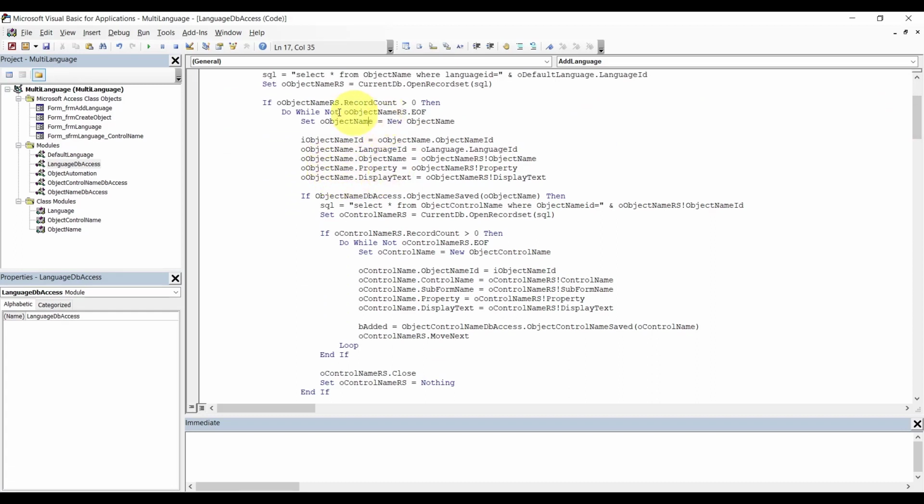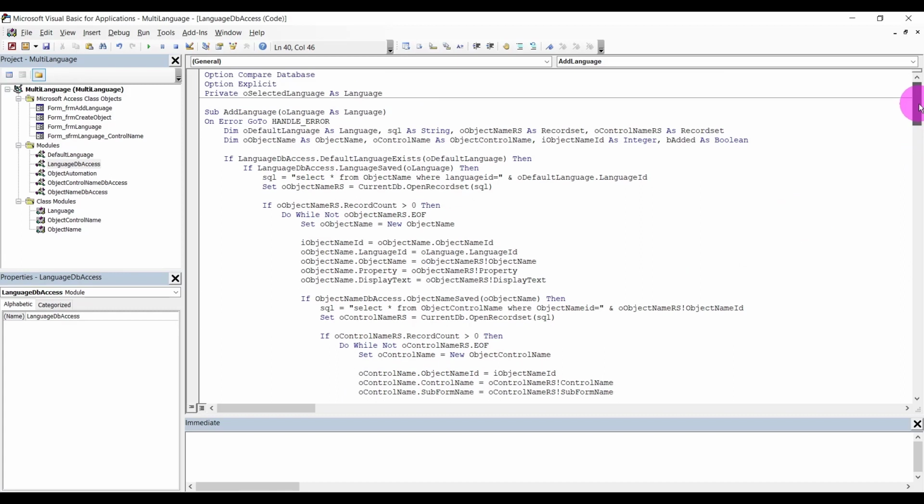Go through each record. See, it says go through each record, set this guy, and if it's successful in saving, then what about its controls? Do you have controls for this guy? See there? Well, if you do, I want you to save them too. That's what it means right here. And I notice right here, once we save this guy right here,